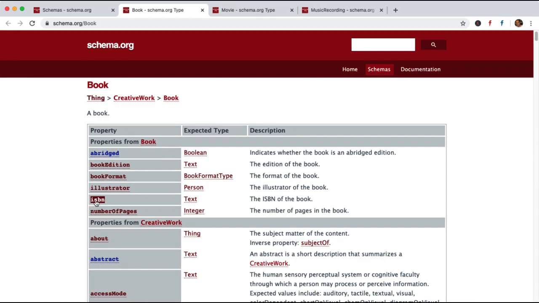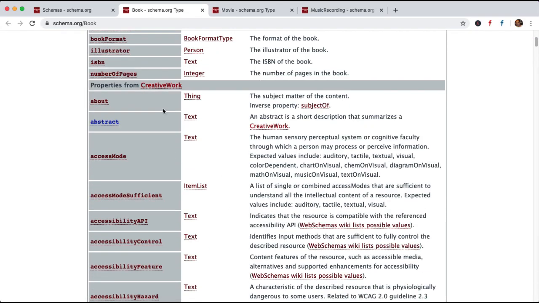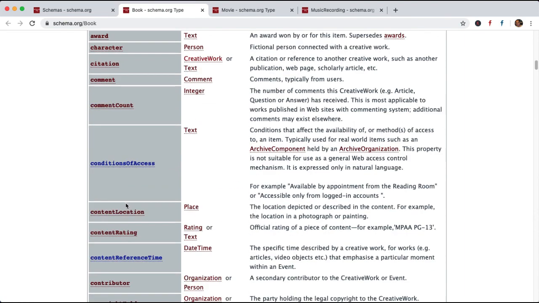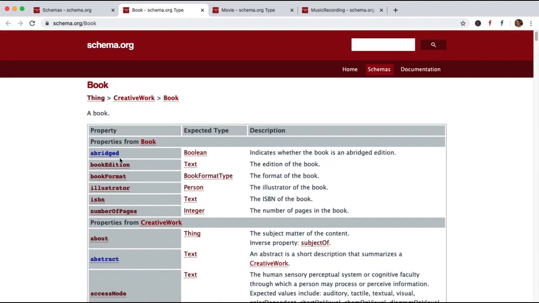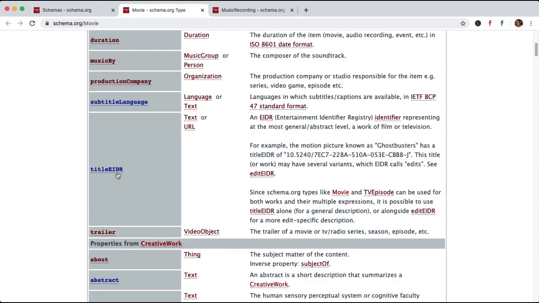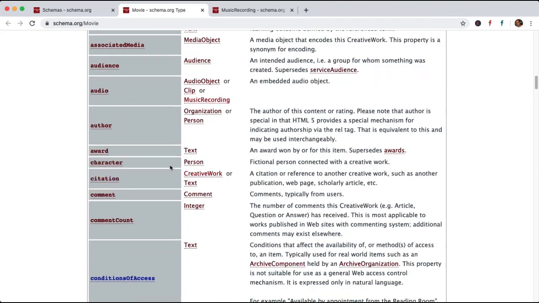Like for example, the ISBN number of the book, the number of pages, an integer, it should be a number. Then you have about the abstract, access mode, so all the information. It is always good to enter as much information as you have. That is, input more and more information, try to complete all the fields that are available here.